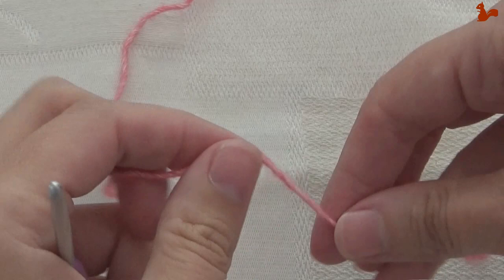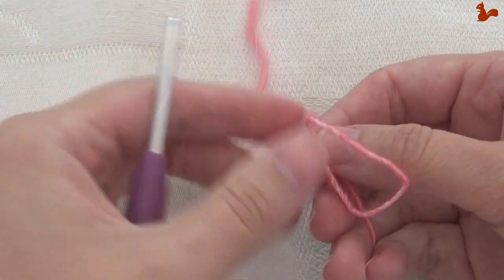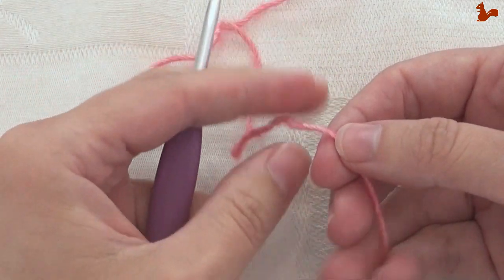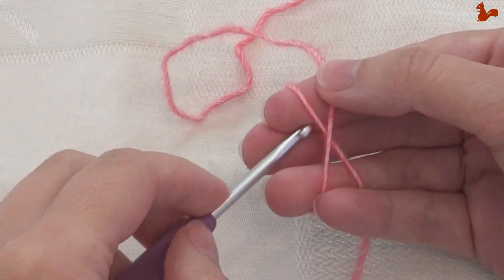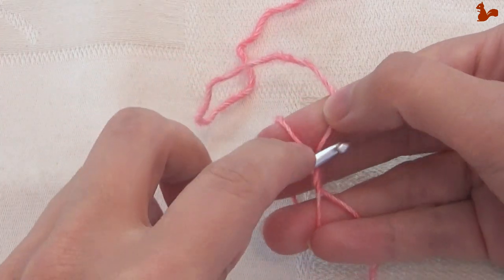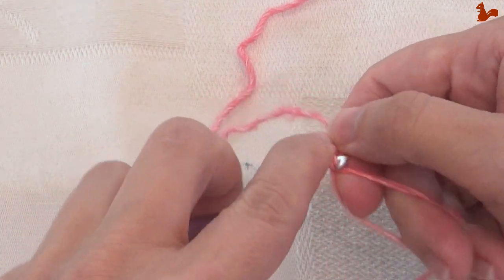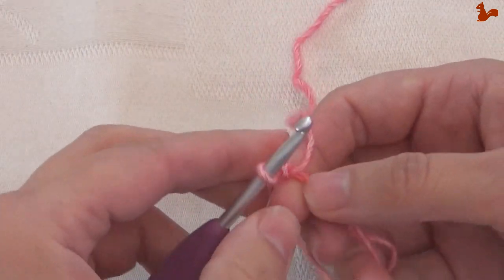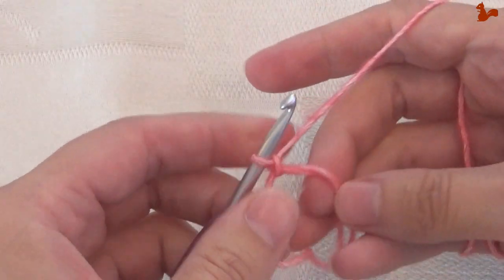Round 1. You have color 3 and a 4mm hook, or actually hook A, I should say. If you have a color crafter package it will be a different size. I'm going to start with the magic ring. So I'm going to fold the yarn over, underneath, grab that thread and grab it again and pull through. Oh no, I've just closed that loop too little. There we go. If you prefer you can also do a starting chain and closing with the slip stitch, but